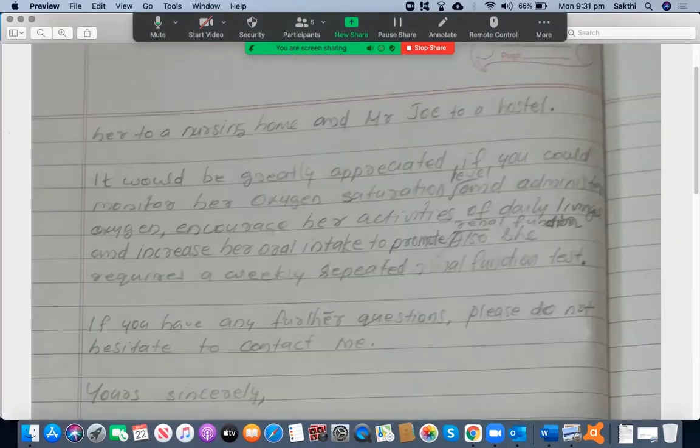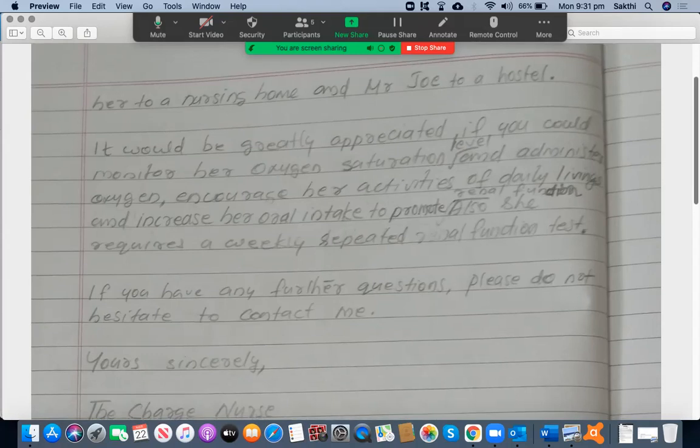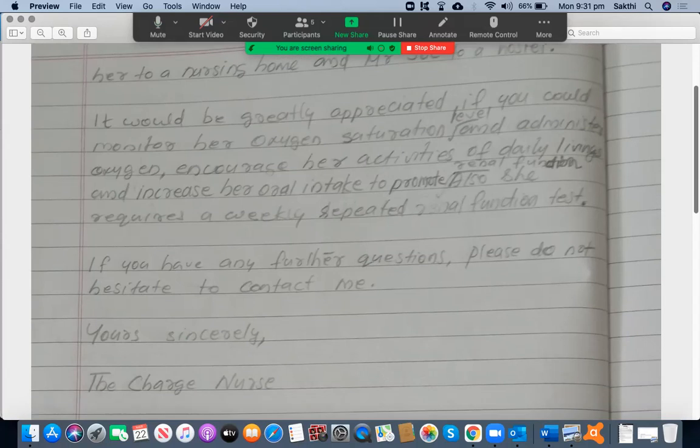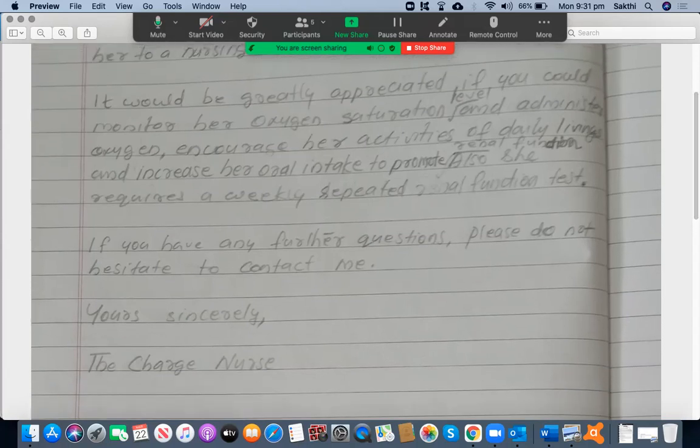Let's see. Transfer her to a nursing home and Mr. Joe to a hostel. Oh, sorry, hostel. Okay, good. That's all right. It would be greatly appreciated if you could monitor her oxygen saturation level, and administer oxygen, encourage her activities of daily living, and increase her oral intake to